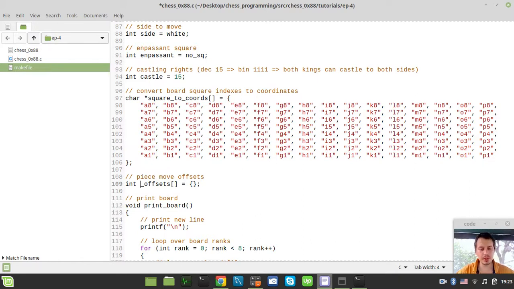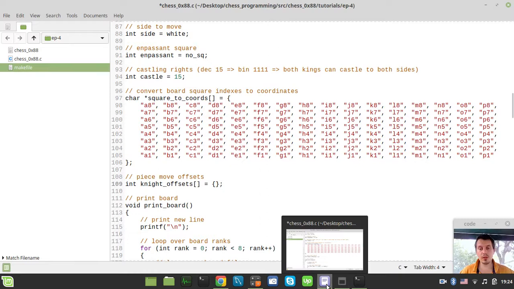So let's start from the knight offsets, which is the most complicated offsets, I must say. So let's try to calculate them. So let's consider